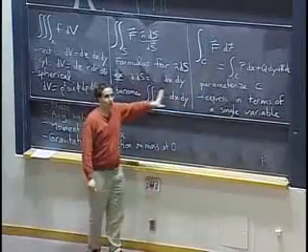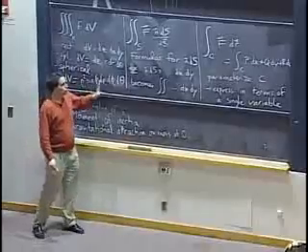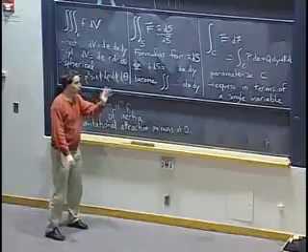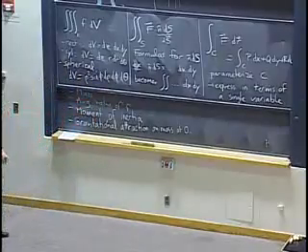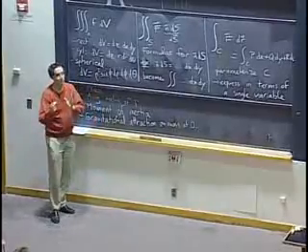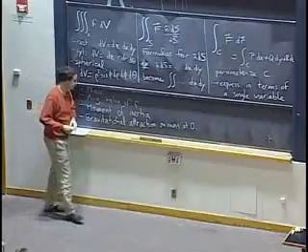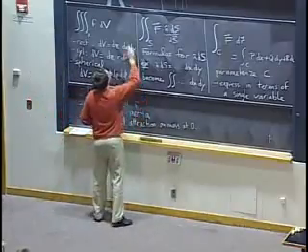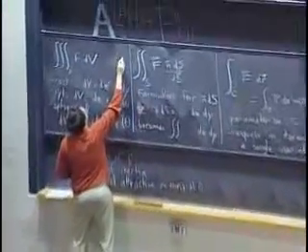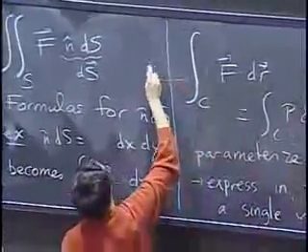That's basically the most important advice. Don't get mistaken. Each of them has a different way of getting evaluated. Eventually, they will all give you numbers, but through different processes. So now, I said these guys are completely different. But we still have some bridges between them. So we have two, maybe I should say three, bridges between these. We have a connection between these, which is the divergence theorem. And we have a connection between those, which is Stokes' theorem.